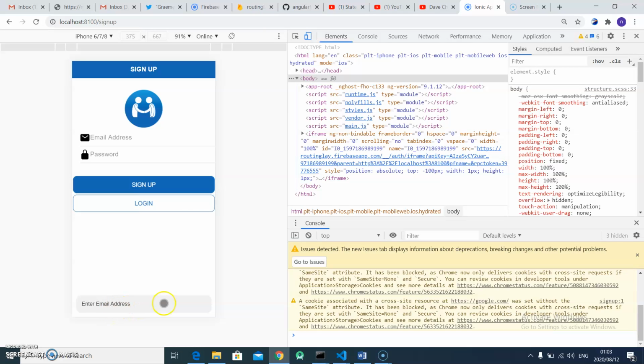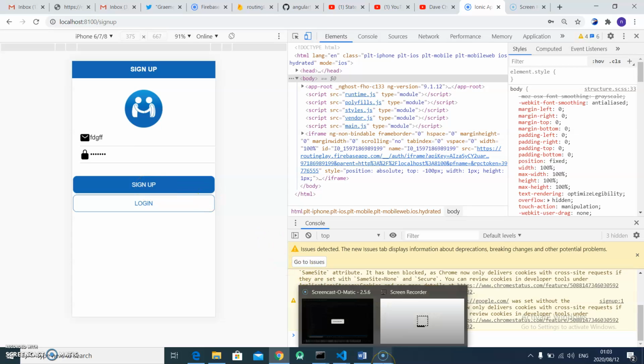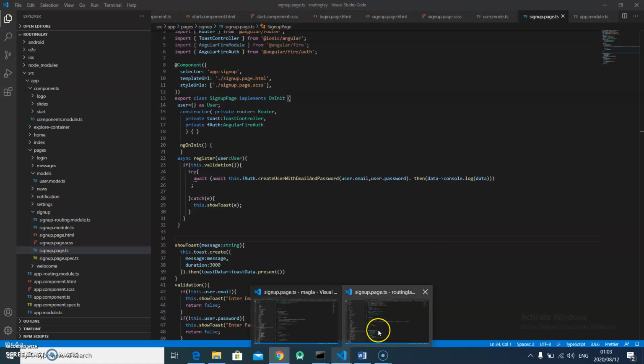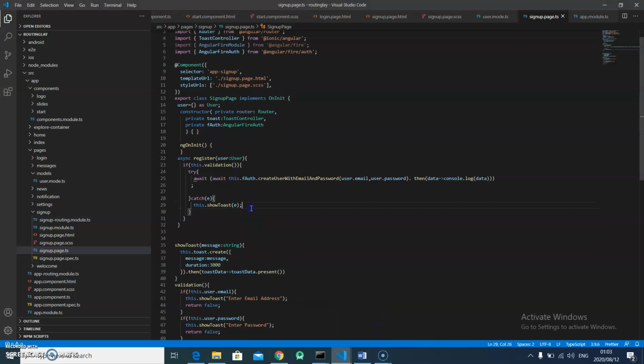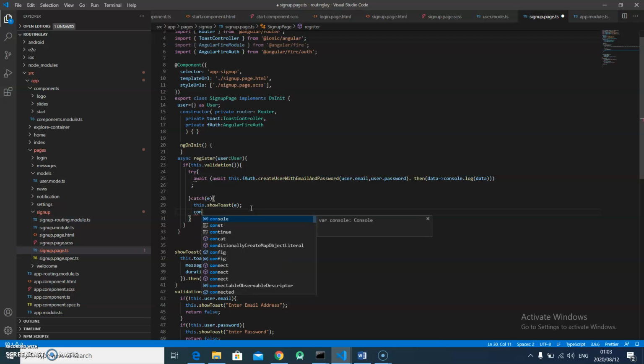Email address. You can see how the toast is displayed. Once I put something here, let's see if it says enter password. And I'm assuming that if I put the wrong email, it should display an error message also, because the email is incorrectly set up. So now, if the email is badly set up, let me display an appropriate message. Let me do this first, so I can see